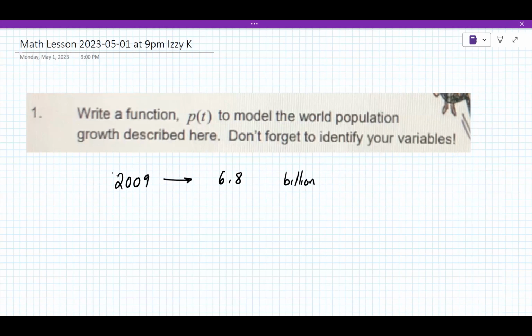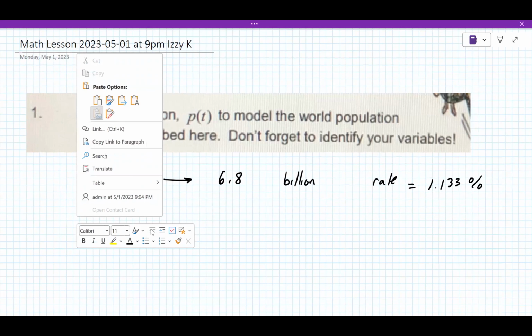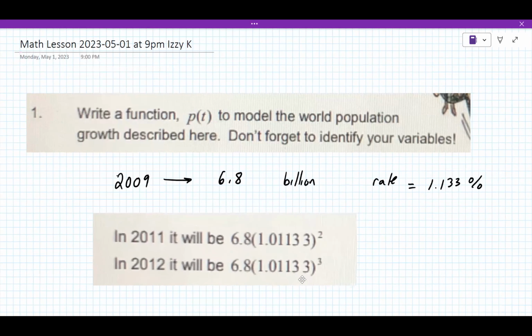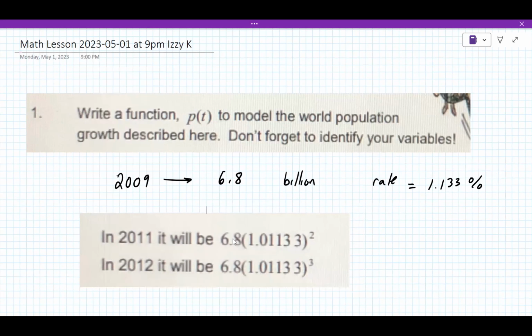And it also tells you that the rate of growth, the rate which we need, is 1.133% per year. And they're trying to help you out by saying, here are some samples of what's happening. In 2011, you have the 6.8 that you started with, but you have a value of 2 here because 2011 is 2 years later than 2009. 2012 is 3 years later than